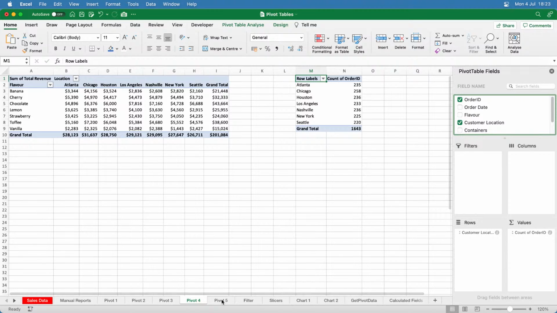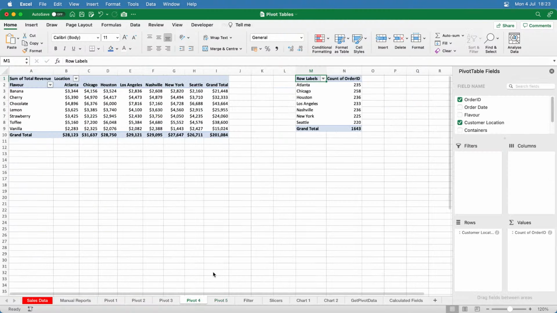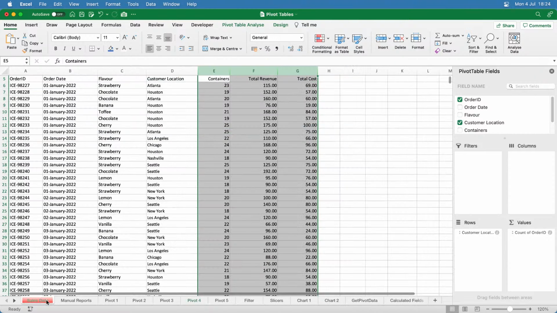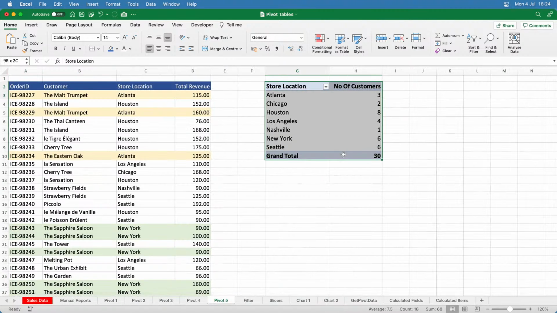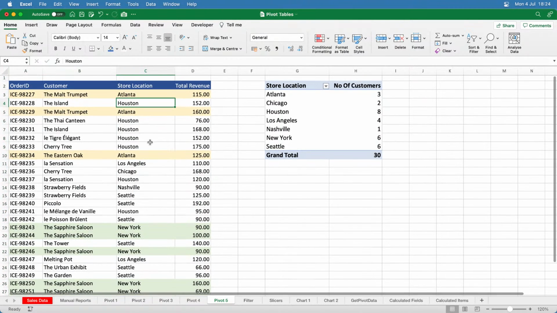So if I go to pivot table 5, the pivot table that I've created here is showing the number of customers per store. Actually, what it's showing is the number of orders per store. This is actually a different set of data. So it's actually showing me the same information as this pivot table, but whereas this pivot table is connected to this data here, this pivot table here is connected to a much smaller set of data. So as I said to you before,